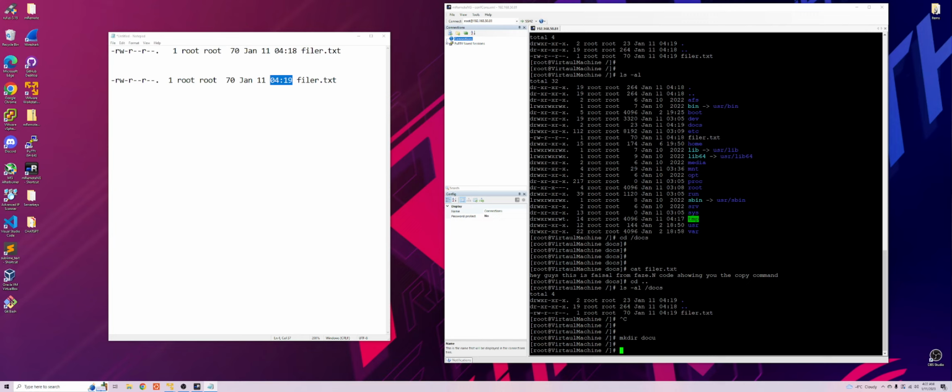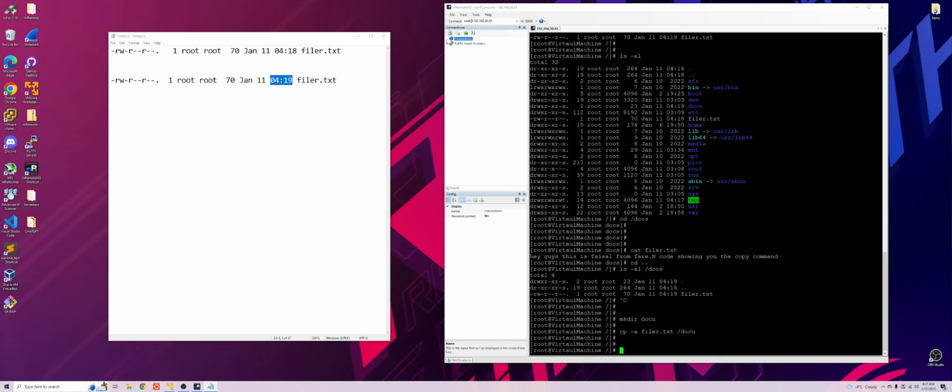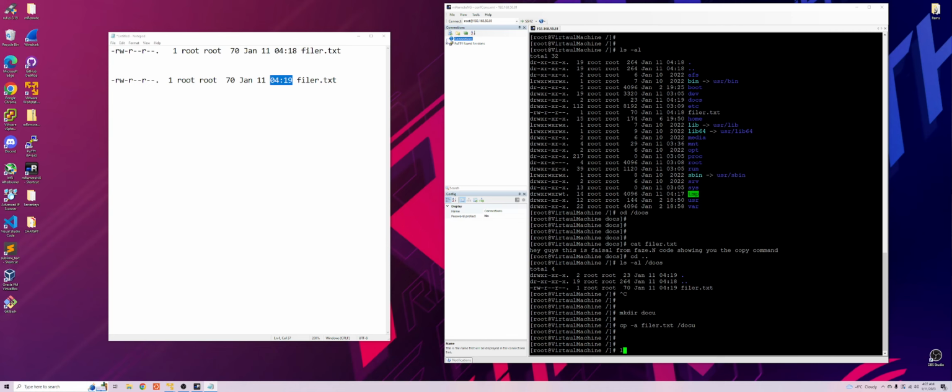And now we'll use the copy command. So we say cp and we'll put in -a and then filer.txt. And then where do we want to move it to? We want to move it to /docu. All right, so now it's been moved. Let's list the content of